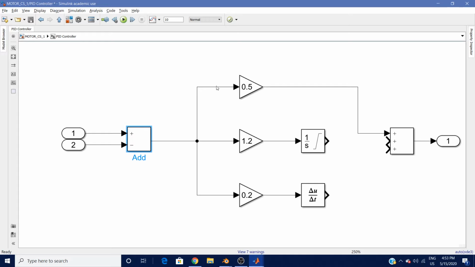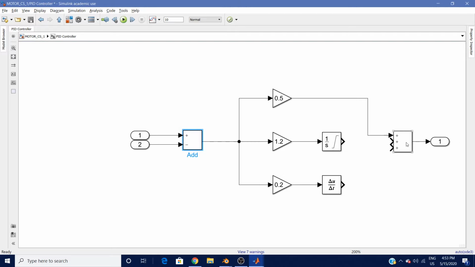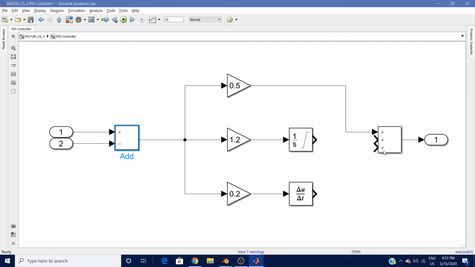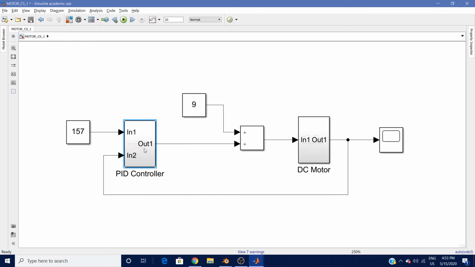The error signal is going to come up, get multiplied by Kp, the constant, and that's what's going to be added as the output of the P controller. We're not going to add in the integral and the differential components yet. So we're just going to see what the output is when it's just a P controller. We all remember what the output of the DC motor was, and it was at 220 something. So now when we run this simulation, and we're running it just for 10 seconds,